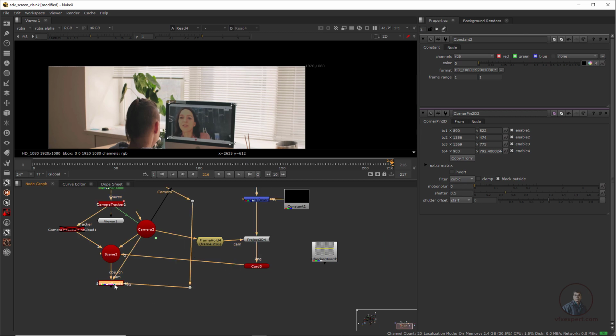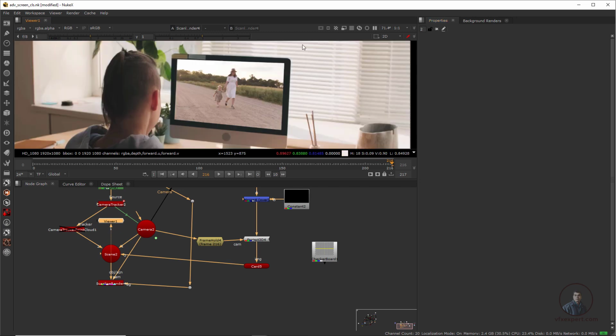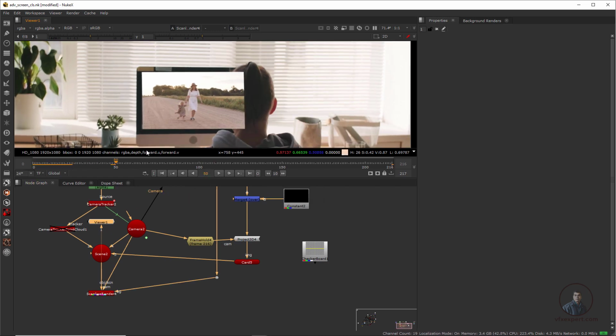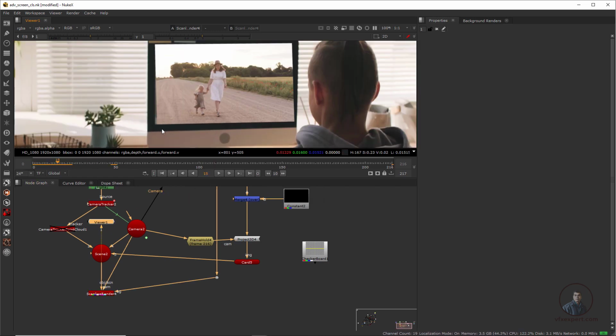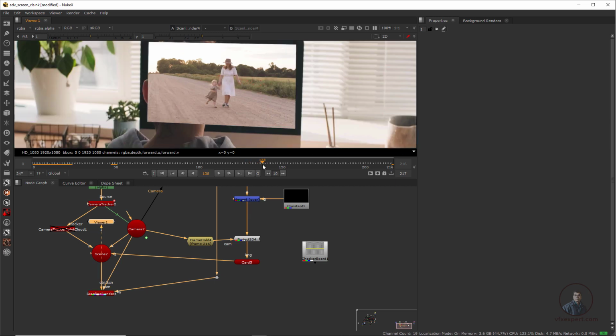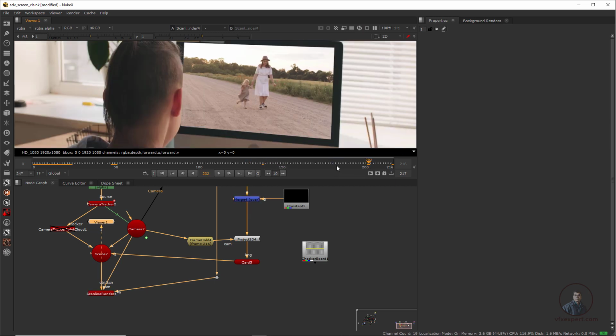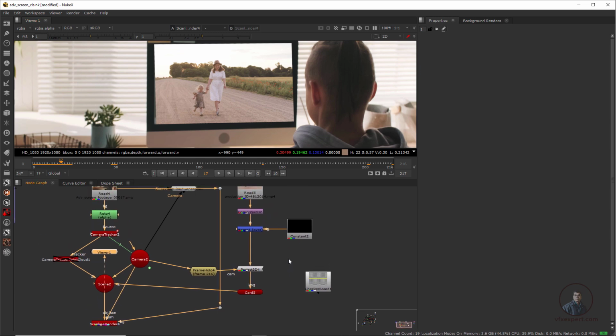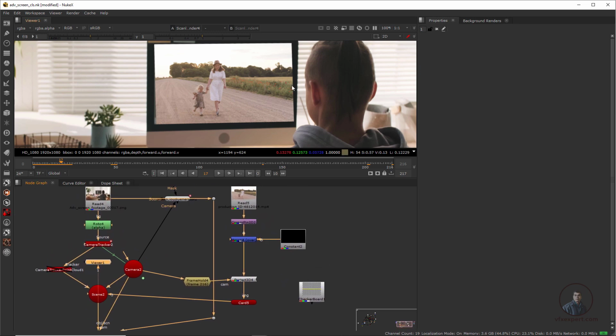Now again select this scanline render and press 1 here. So now guys, here we have properly projected this image onto our screens. So now play and check. Maybe this is a little bit mismatching here, and here this is matching. Suppose here this is not matching, so what can we do for this? We can simply animate our corner pinning node, this one, and we can easily match this image according to our screens. So again click on this last frame here.